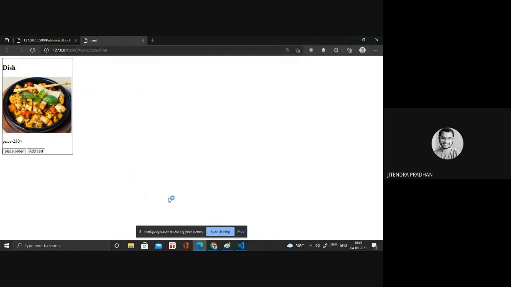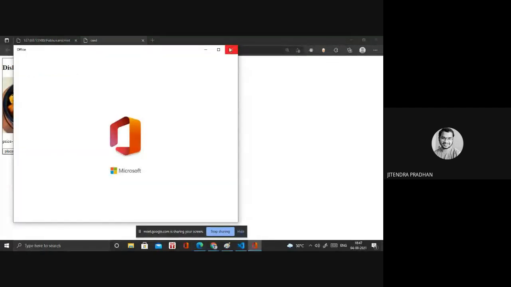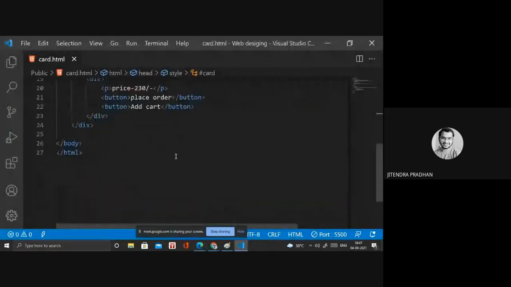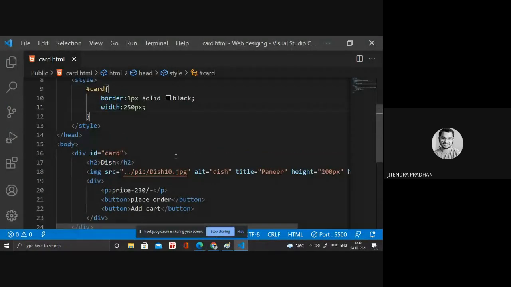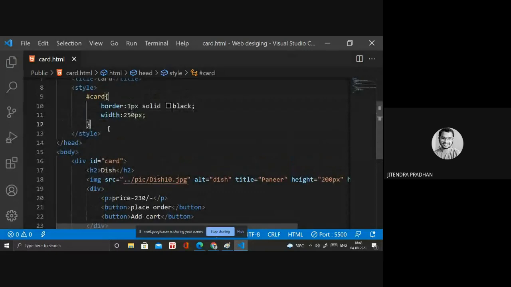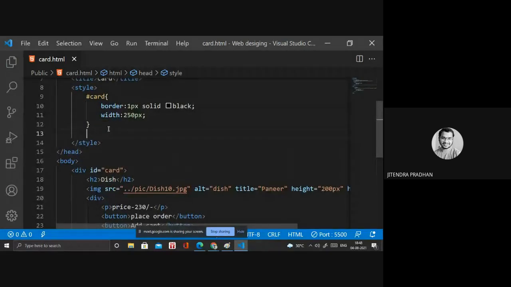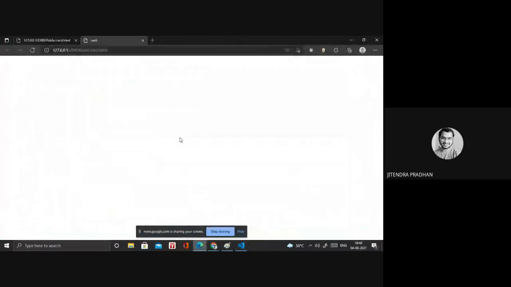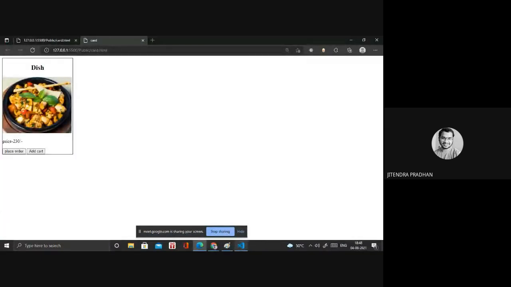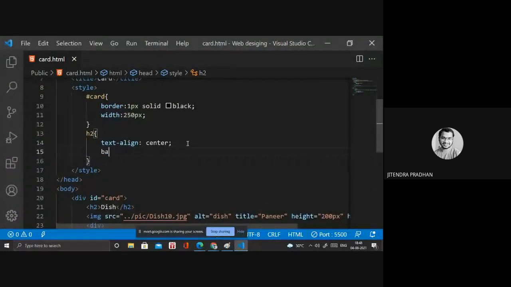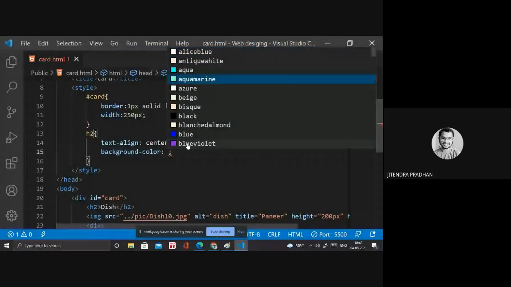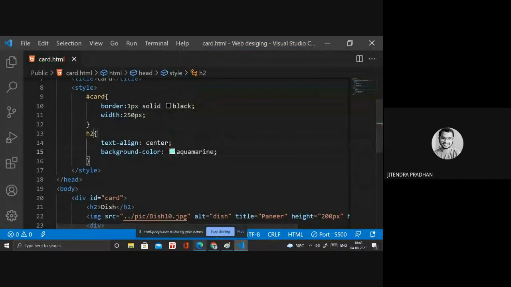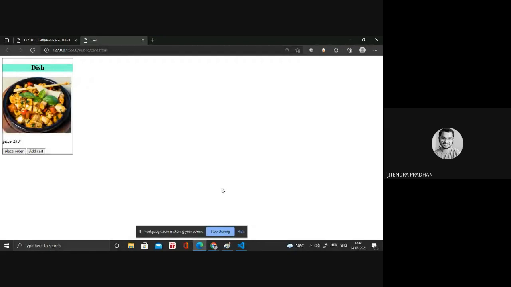And then we need a background color, and we can center all this. So we need the image. In that we need the h2 text alignment center. Okay, done. Next we have to design the background color. It can be any color we need. So, maroon. Done, but I need the whole color.